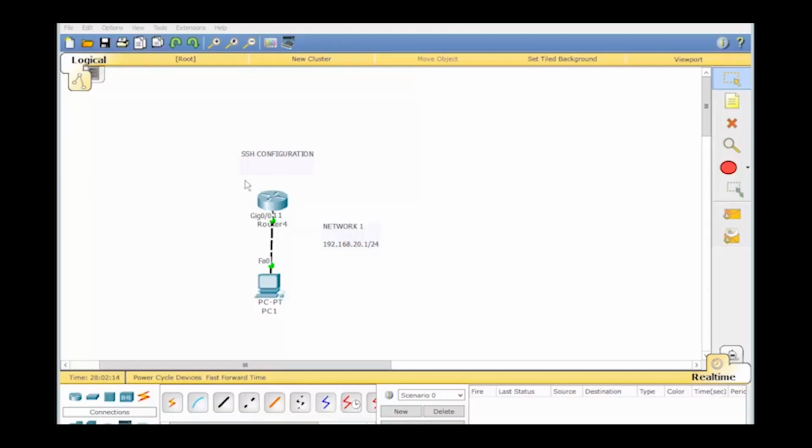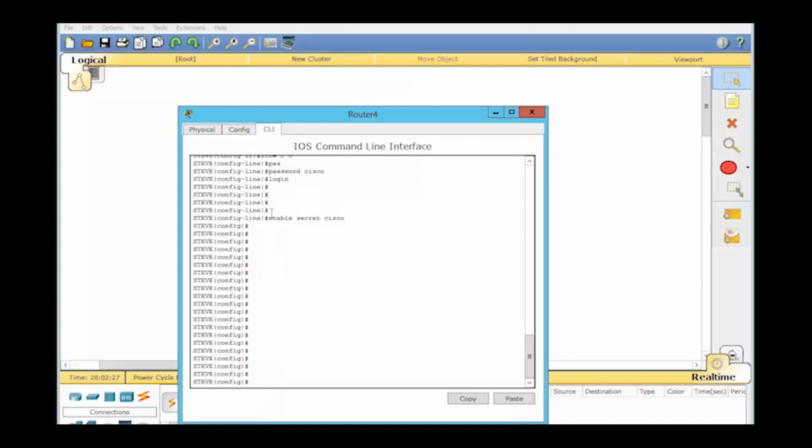How's it going? We're just going to set up this SSH configuration. This will be our network that we'll use right here, but we're just going to make sure that this PC right here can SSH into the router interface right here. So we'll go into here, and the first thing when setting up SSH, we're just going to do IP domain,